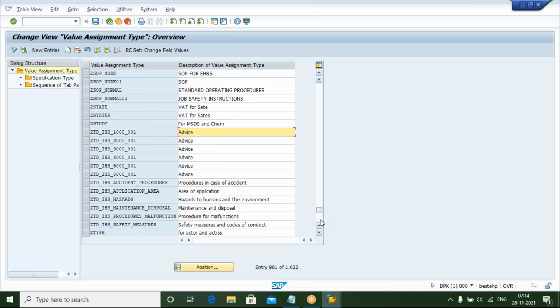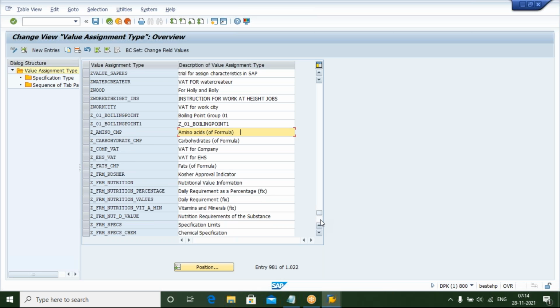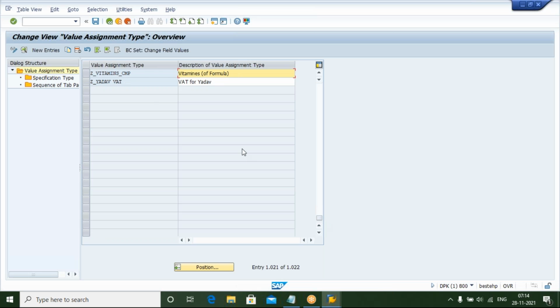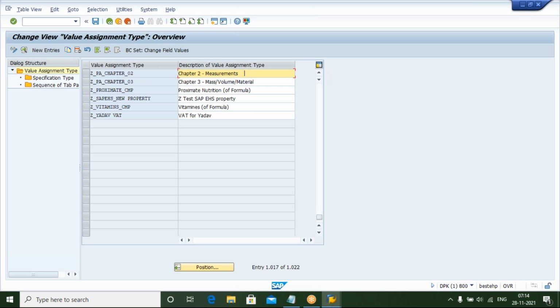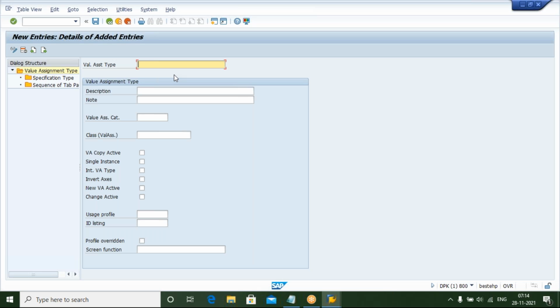I'm not saying SAP will not use Y or Z, but as a procedure, we have to create any value assignment type with Y or Z. These are created by users. So that is why we will create a new value assignment type here, and I will give the name Y